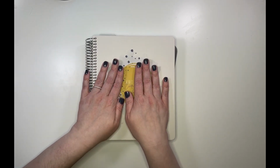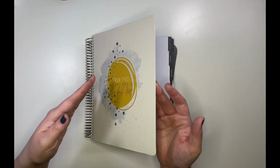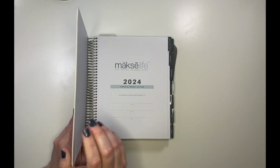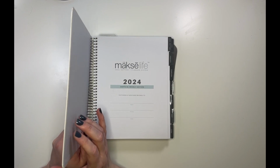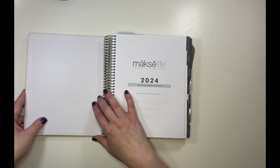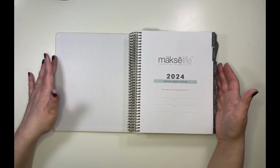But this is the 2024 dated flagship. The covers this year, because they're on the coil, are a little thinner, so they're a little more flimsy. So you do want to be a touch more careful here. But I don't think it's going to be a problem. I think it's going to work really well. Again, you can take a peek. It's the 2024 Vertical